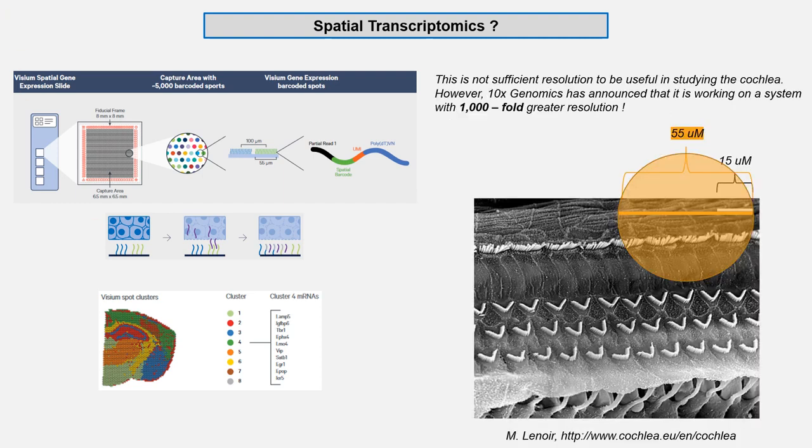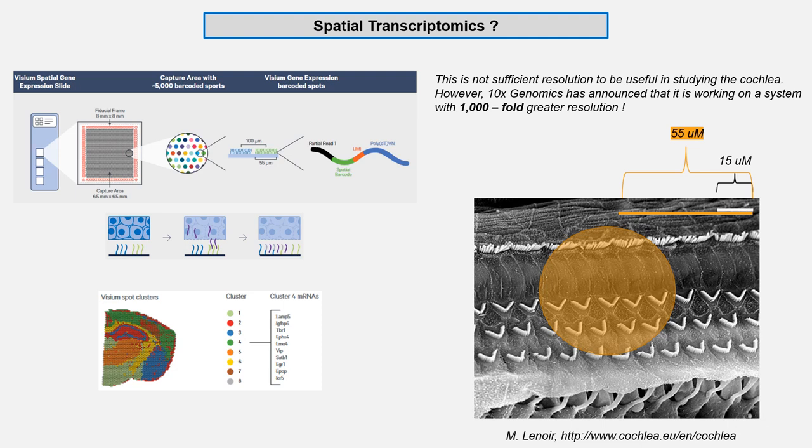The GCBC has worked on spatial transcriptomics projects, but not in the inner ear. The reason is that the spatial resolution needed to be practically useful in characterizing the highly patterned organ of Corti is much greater than the 55 microns now available. Everything within a dot with a 55 micron diameter will appear the same in gene expression, and as you can